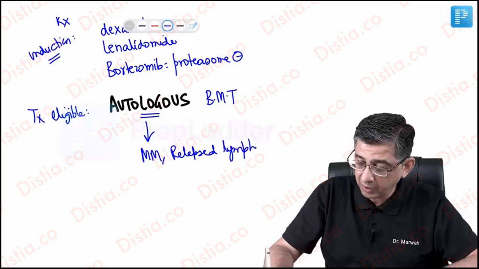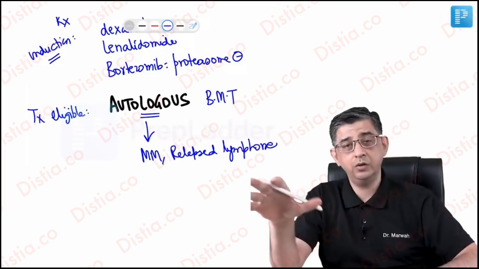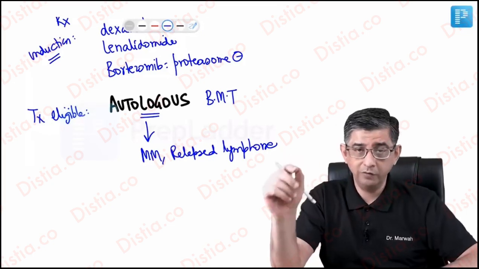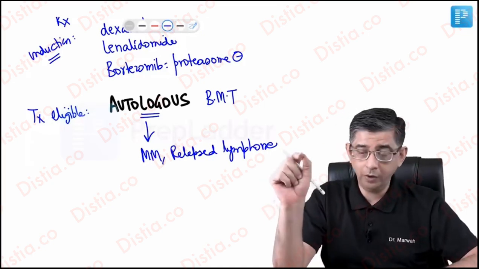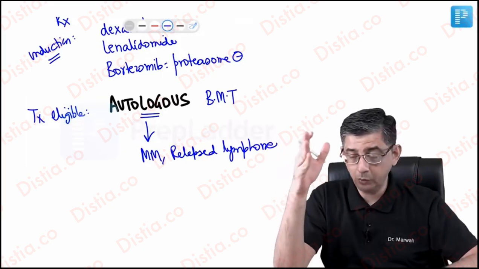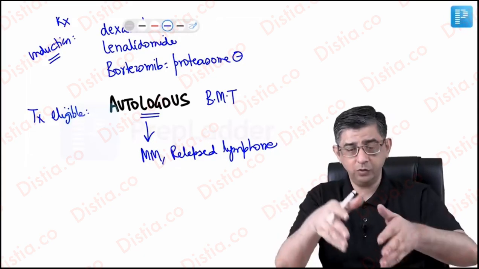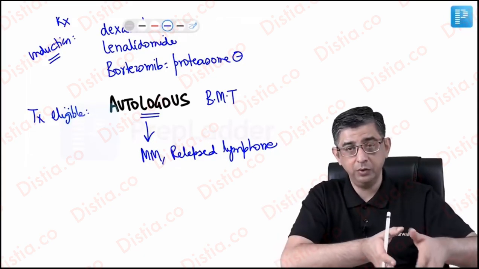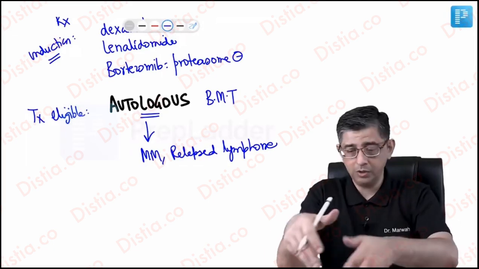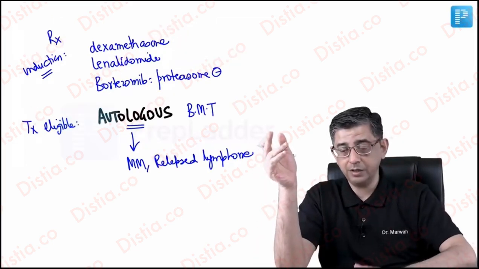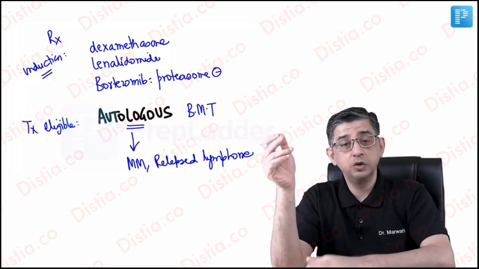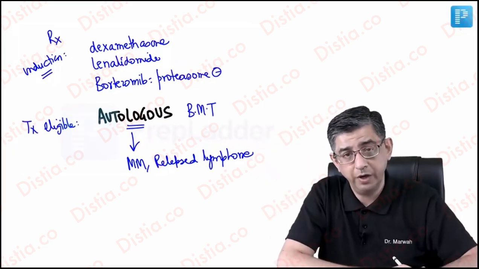Over and above this, every time I have discussed a bone marrow transplantation in hematology, I will always say allogenic bone marrow transplantation. But the two situations where you primarily answer autologous bone marrow transplantation in the exam, and that's obviously normal cells of his own bone marrow being given to this guy, because the bad guys were killed by the initial induction therapy, are the two diseases that I've highlighted at the moment.